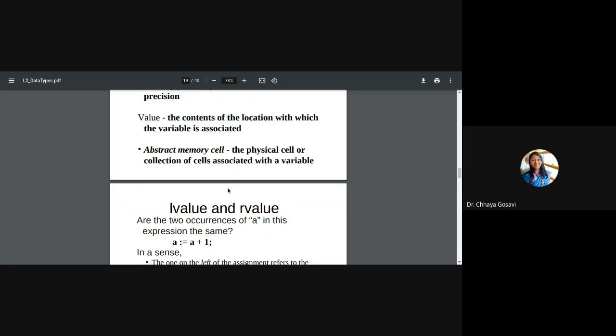So when we say int a, only one cell is allocated to variable a. But if it is an array, int a of 5, we allocate 5 integer locations, or 5 into 2, 10 bytes of memory to variable a. So it is an abstraction to the memory cell. It may denote one particular cell or a collection of cells.